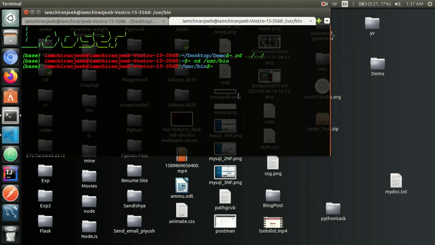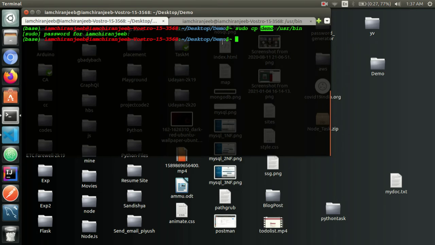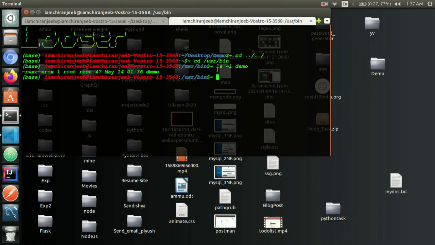For that I will type ls -l demo. Here you can see it has been successfully copied from the demo folder to the /usr/bin folder.